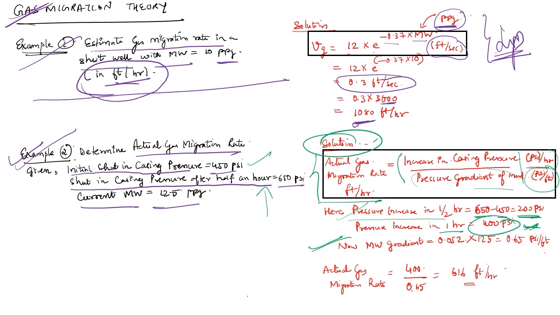Now the mud weight gradient, if we need to calculate it, would be 0.052 into my current mud weight. That gives me 0.65 psi per feet as my mud weight gradient. So once I have the increase in casing pressure and my pressure gradient of mud, I just have to put the values in the formula. My answer would be